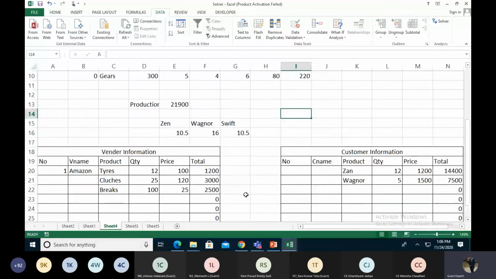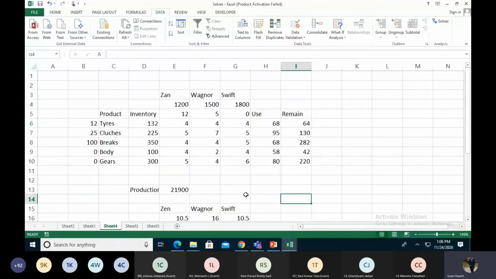Okay, so this is a small project we have to create and we have to see the solver as well. So I share this solver sheet with all of you to make this project. And then after that we will see the macro, which is also very useful.